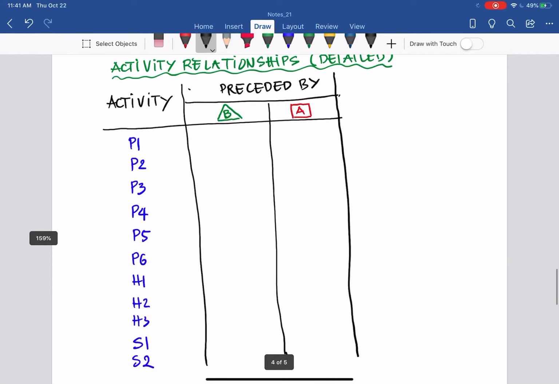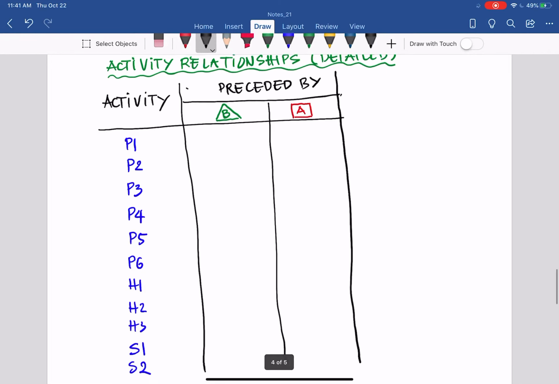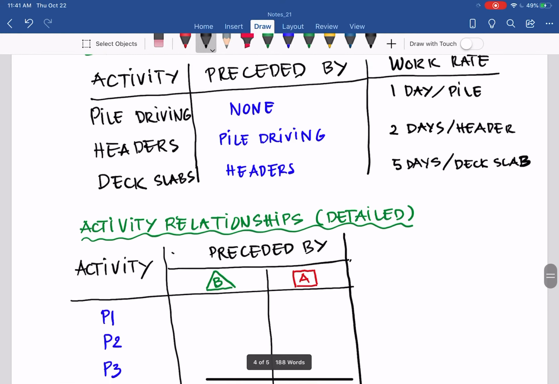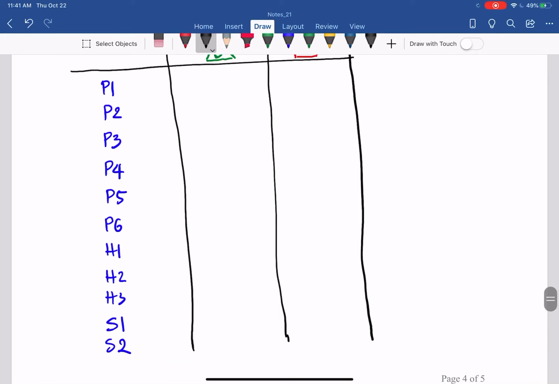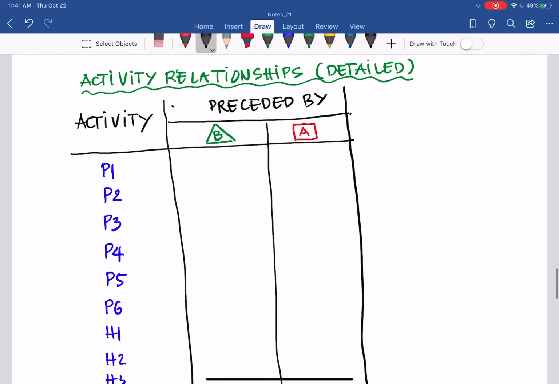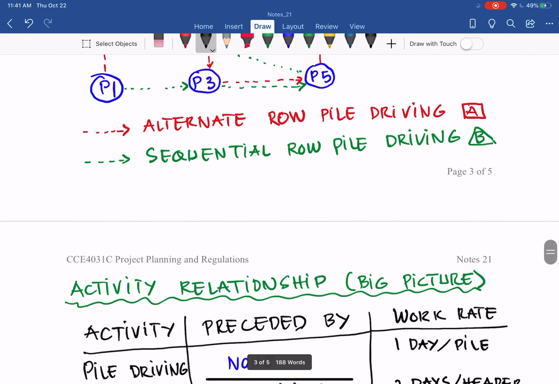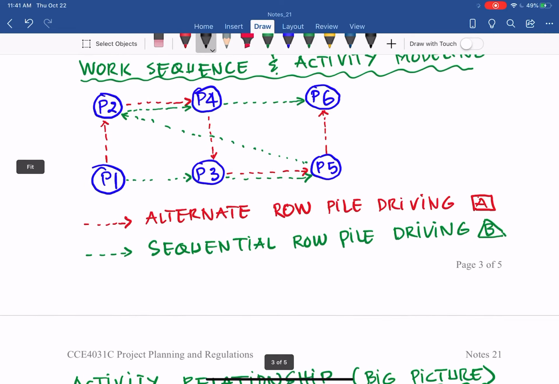The sequence, activity relationship in sequence, and preceded by, so now in more detail. Instead of putting an overall picture of pile driving, we need to look at P1, P2, P3 until P6, header 1, header 2, header 3, and then deck slab S1 and deck slab S2. So what is preceding? It depends on the two row piling alternatives. B stands for sequential, and A, the square box, stands for alternate row piling, as I showed you